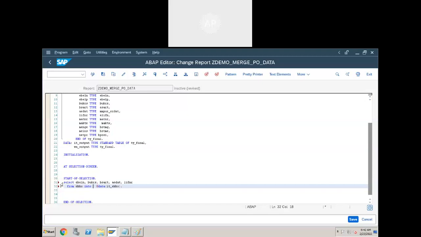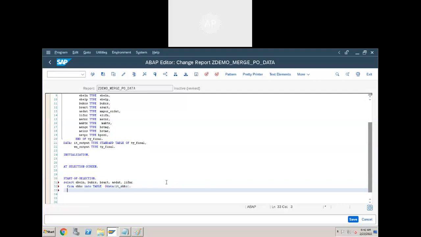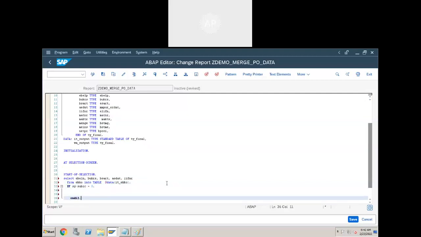We are expecting more than one record. We are using internal table here, into table. We are not using any where condition here, filter condition. We are selecting all the records from the database table for all these list of fields.